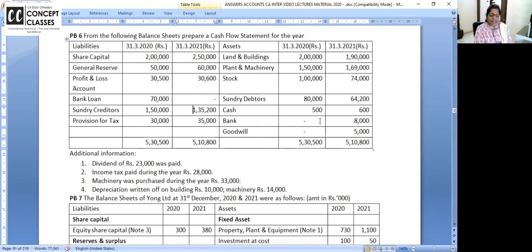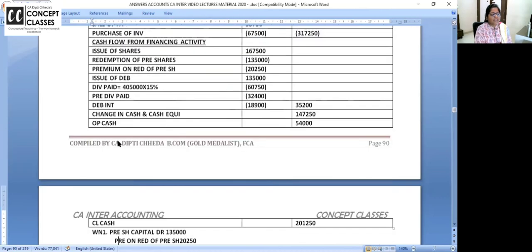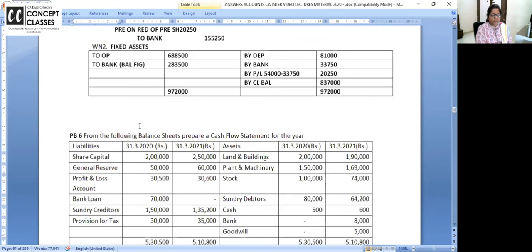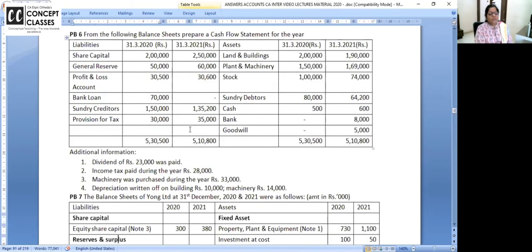Cash and bank, if they are given separate, take it together. ओपनिंग कैश एंड बैंक मिला के लिखना है. One minute, I want to show you here. Listen please. When you write here opening cash, it's opening cash and cash equivalent. So cash in hand, cash at bank, सब लिख लेंगे हम यहाँ पे. Closing, you will write it here. So in this homework problem, overdraft and all, I'll do it in tomorrow's class. तो बैंक ओपनिंग लेंगे, क्लोजिंग लेंगे, ठीक है, राइट.